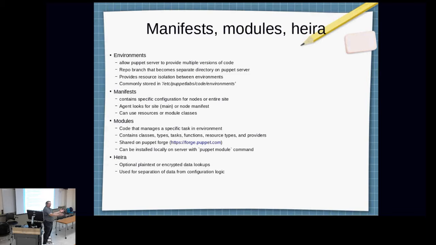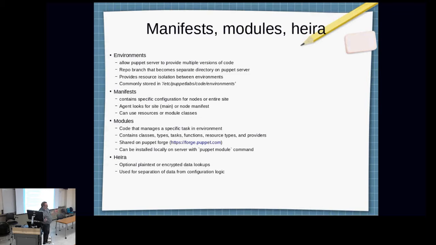It knows that the staging environment is here, and if you say puppet agent environment staging, that's the catalog you'll get. It will save that in the agent configuration for the next run it does. So on its regular run, it runs with whichever environment it configured itself for last. You can force it to change environments by telling it to run manually on a different environment. It does provide that isolation, and then they commonly store it in the Puppet Labs code environments. Each one will be a directory named for the environment, and then it'll have the environment tree underneath that. Modules, manifests, and